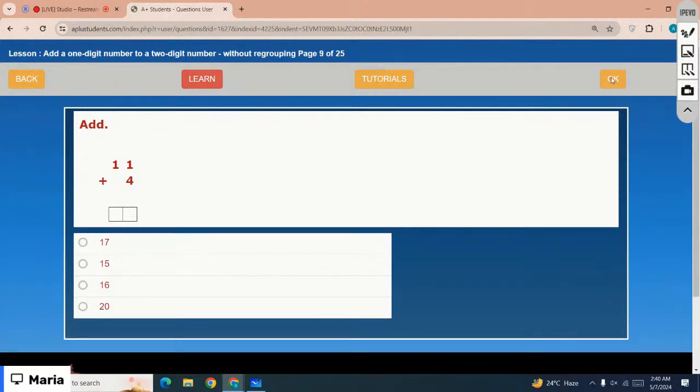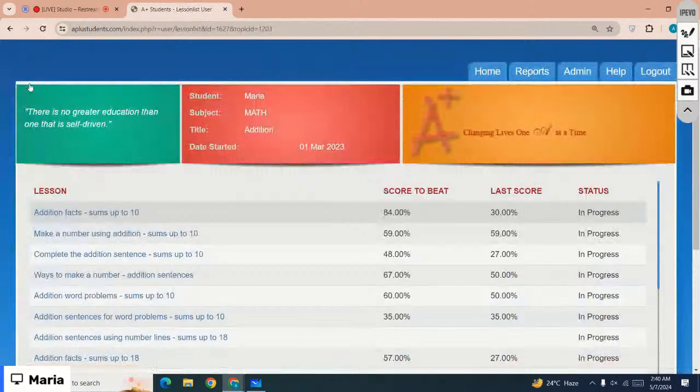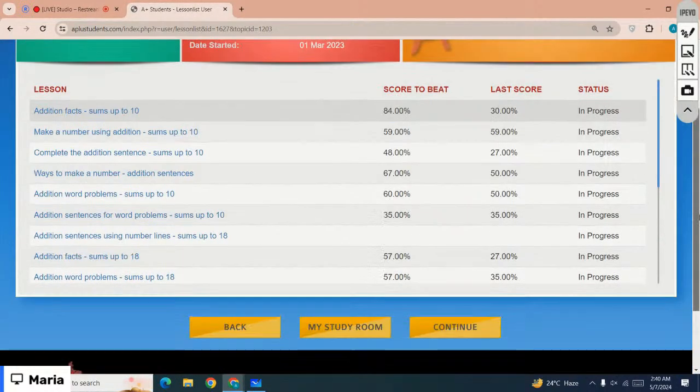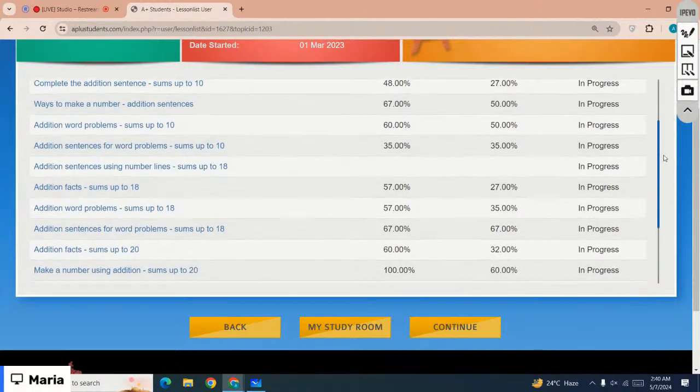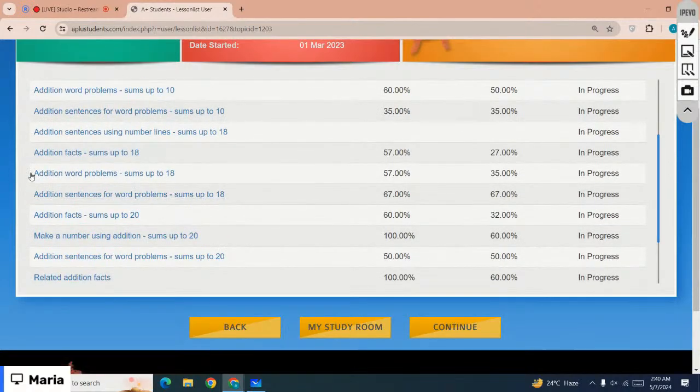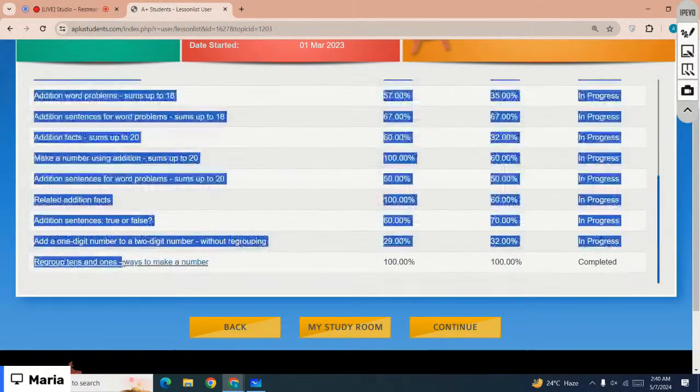Okay, you can complete the lesson by yourself later today. So we were working on grade 1 math. The chapter we were working on is addition. The lessons we have covered today are addition facts sums to 18,